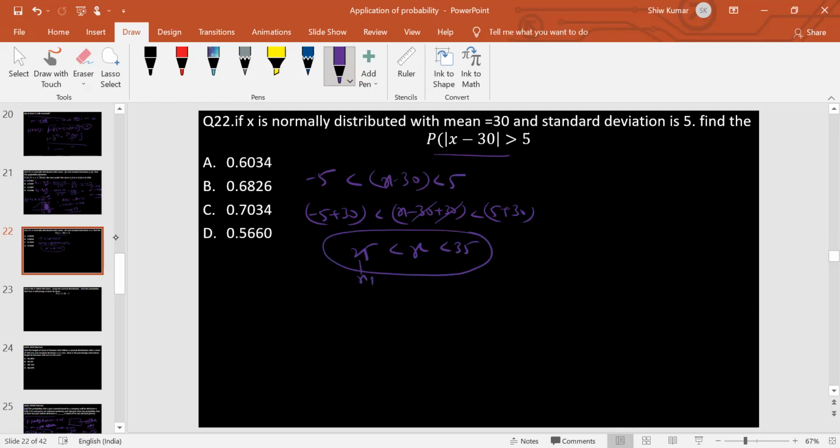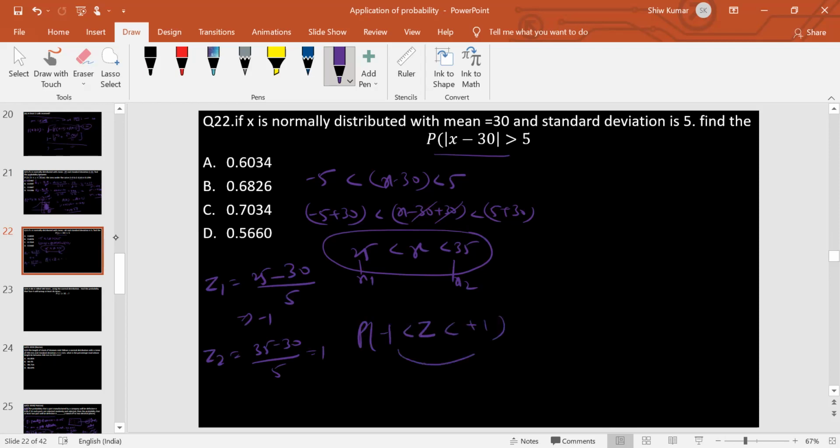तो ये हो गया x1, उसके corresponding z1 मिलेगा और x2 के corresponding z2 मिलेगा। तो z1 will be equal to, it's a 25 minus mean is 30 divided by standard deviation is 5, it's a minus 1, and z2 is 35 minus 30 divided by 5 means it's a plus 1। तो हम लोग यहाँ पे बोल सकते हैं कि z जो vary कर रहा है it's a minus 1 to plus 1, तो हम बोल सकते हैं कि this is nothing but area under the first sigma limit।